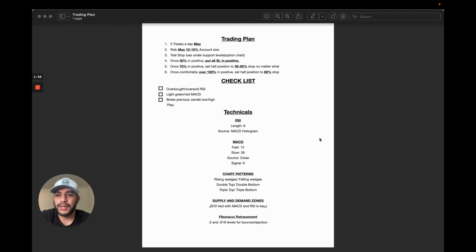And so rule number 3 is I trail my stop loss under support levels, which I'm going to show you on my Webull option chart. Basically, whenever we create a new support on the option chart, I raise my stop loss. I leapfrog my stop losses. I have stop losses in sets of 5. But basically, new support, raise my stop loss. So we're guaranteeing our gains. New support, raising stop loss. So we have a solid level of where we can't lose more than where our stop loss is, and we